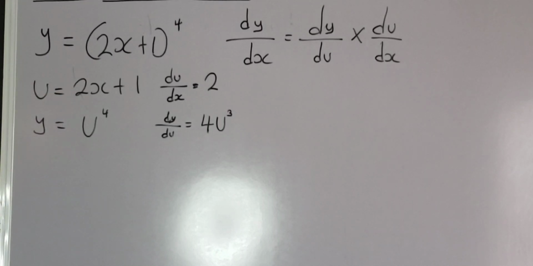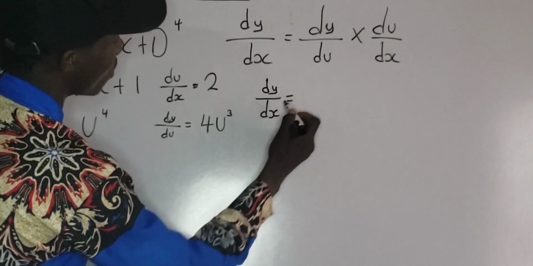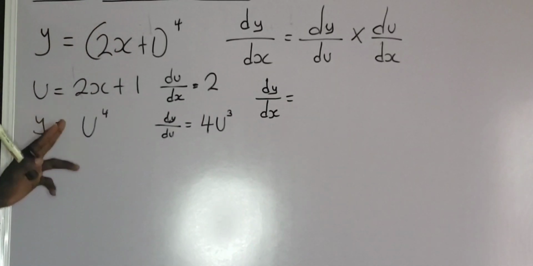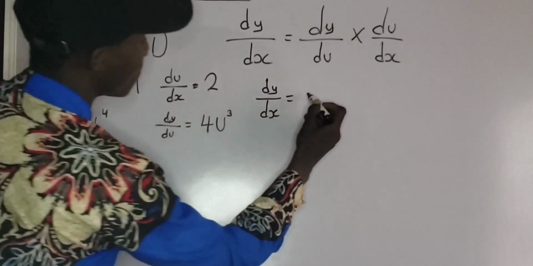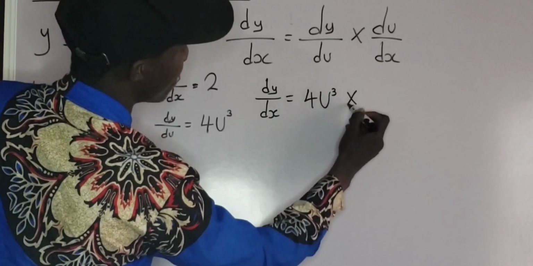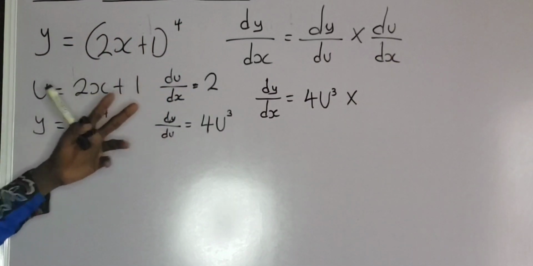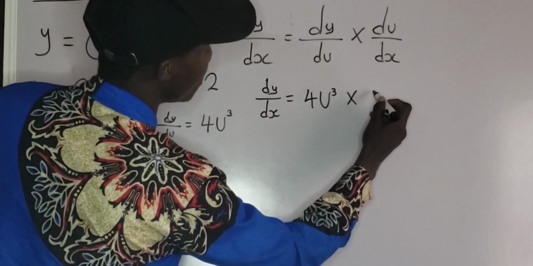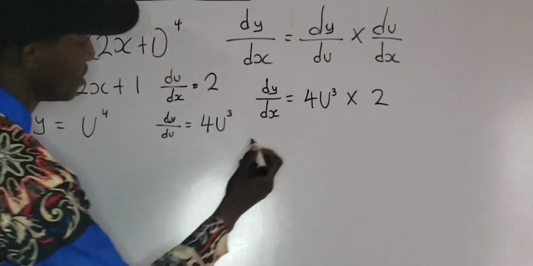Now let us go back to our chain rule formula. The chain rule states that dy over dx is equals to what? dy over du. dy over du is what? 4u raised to the power of 3. So I'm going to have 4u raised to the power of 3 multiplied by du over dx. du over dx is what? 2. So 4u raised to the power of 3 multiplied by 2. Do you understand? So now, dy over dx